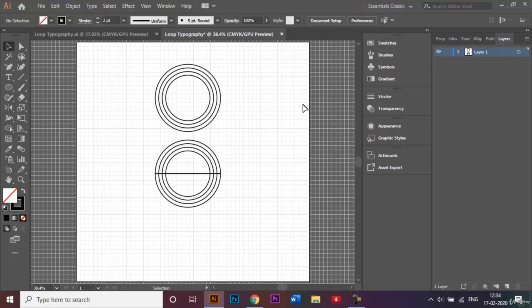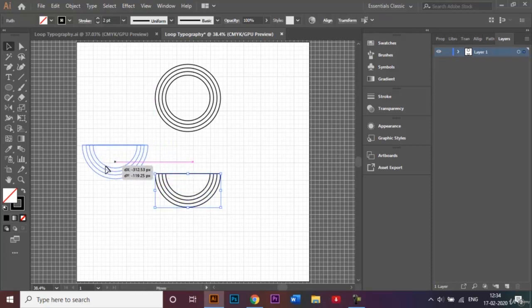Okay. So what we're going to do now is this circle has been divided into two equal parts, right? So we just want the lower portion and we do not need this upper portion, right? So we'll select this upper portion and just click on delete. That's it. So I'll bring this to the side over here